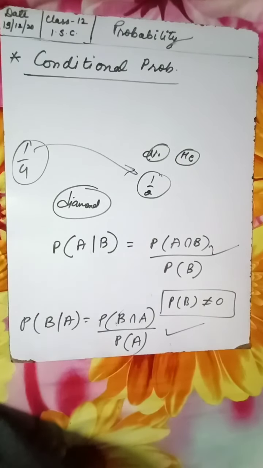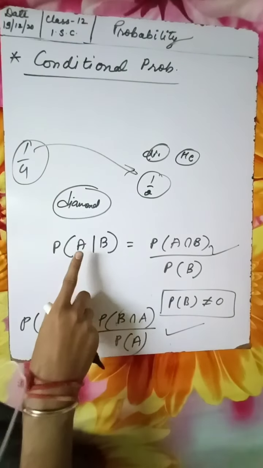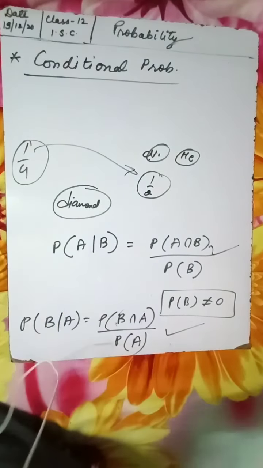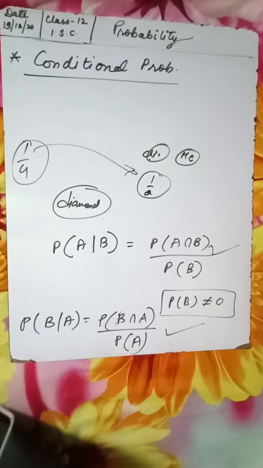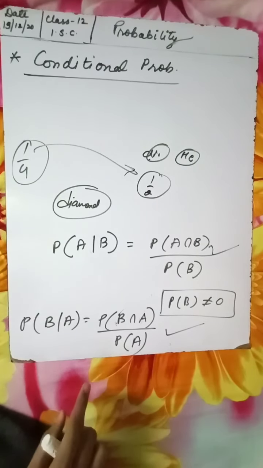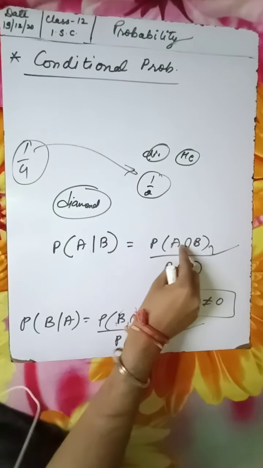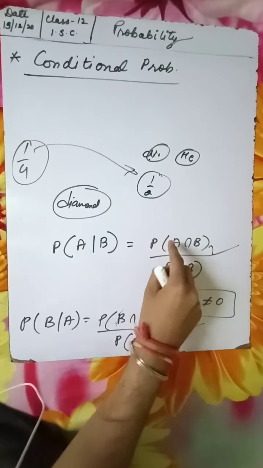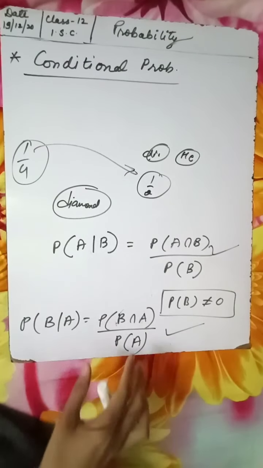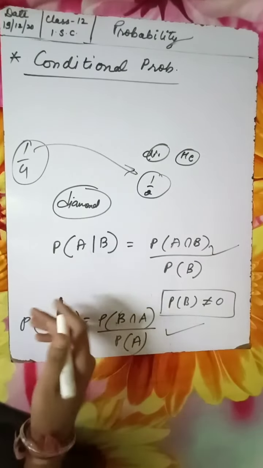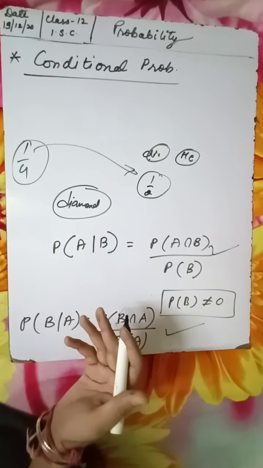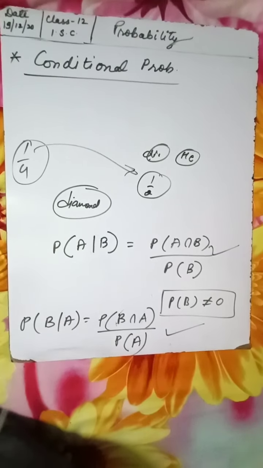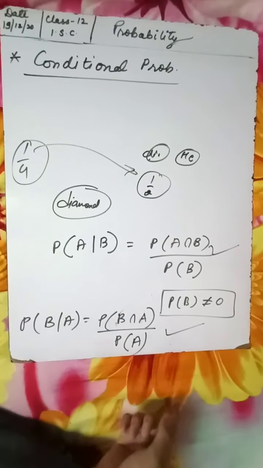So let us come to the next thing. If the events, say for example, I'm saying A and B events, they both are independent events. We know what is the meaning of independent event. So according to that, what will happen? Our probability of A intersection B will become probability of A into probability of B. So we will see such conditions, or we can say the properties. So this independent event case, we will see in the next exercise.